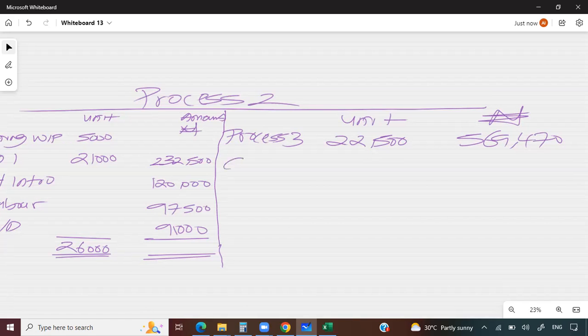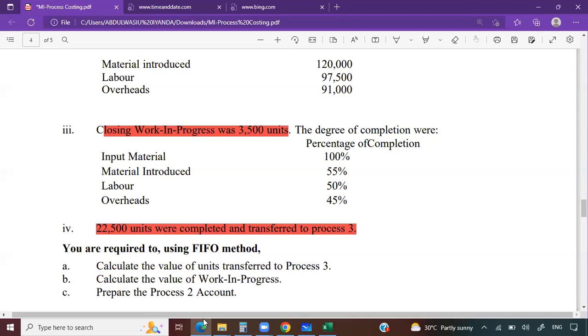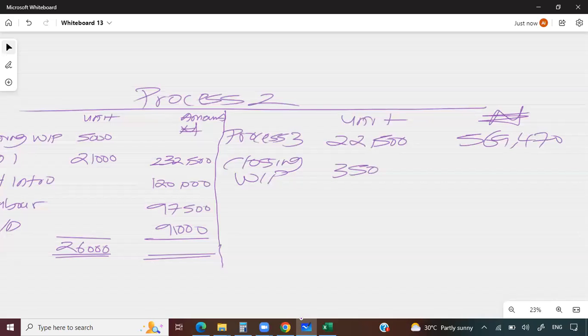Then what is the closing? The closing work in progress. The closing work in progress is 3,500. In terms of this, plus 21, this is also 26. Then